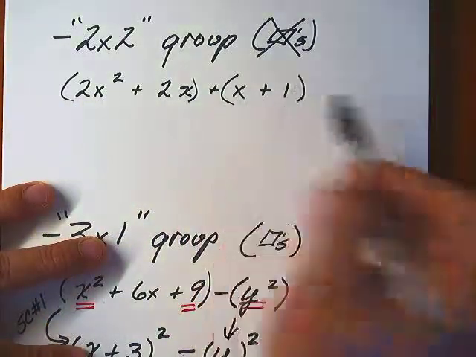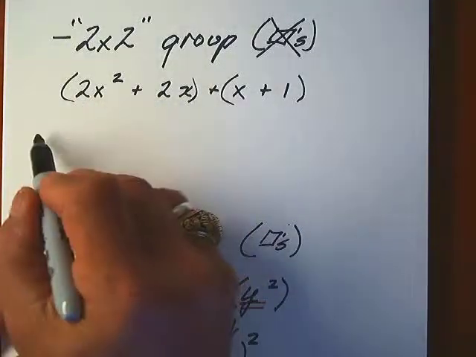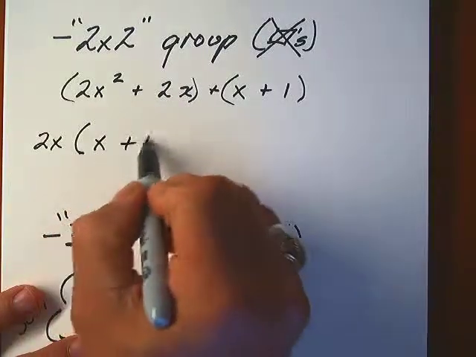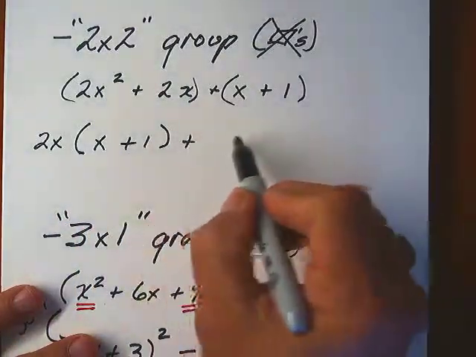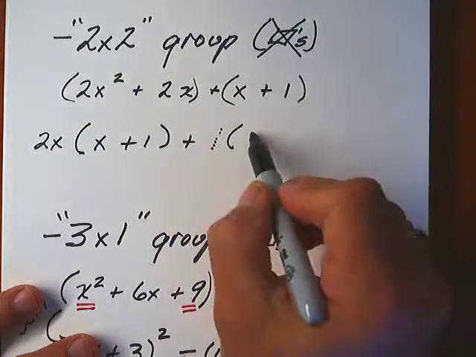So this one has 3. This one has 1. So this one is 2 by 2. Group the first 2 terms and the last 2 terms. And this comes out and factor out a common term of 2x. And that will give you x plus 1